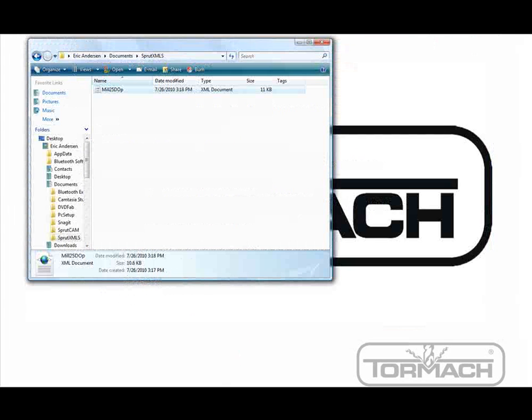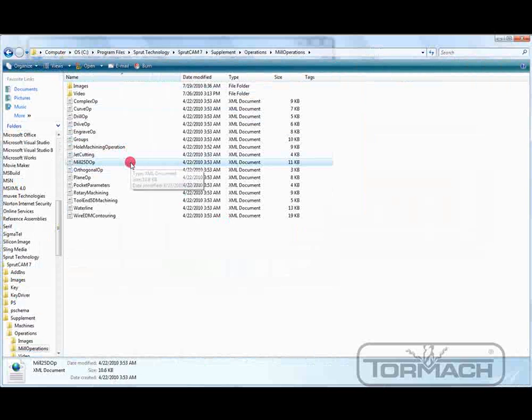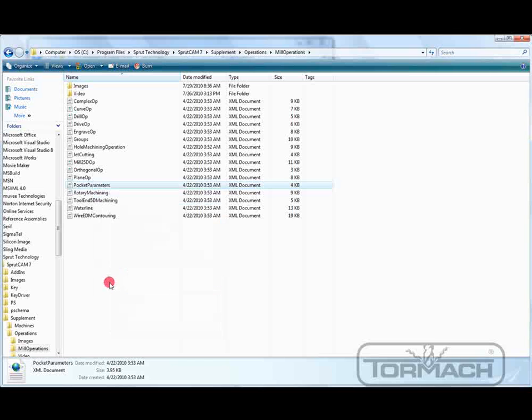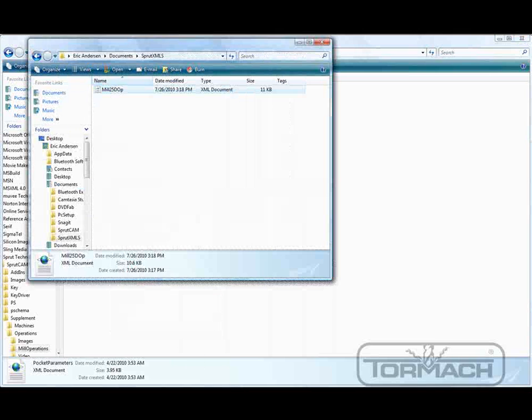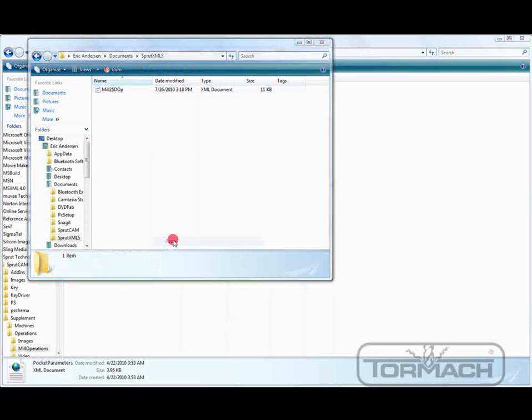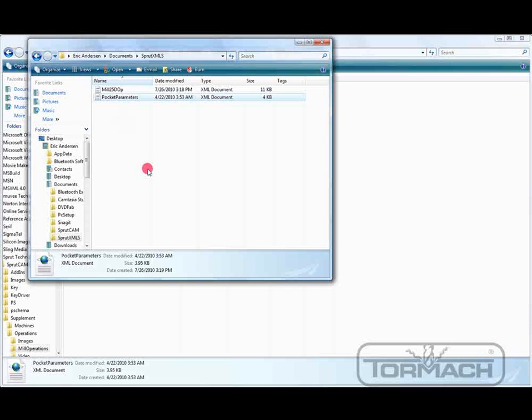Now we're going to re-up that mill operation screen again, and we're going to go to the next XML file, which is going to be pocket parameters. So we'll find pocket parameters, and we're going to do the same thing. Copy, go to the Sprut XMLs file, open that up, right click, paste. We got pocket parameters now. We're going to right click, edit,